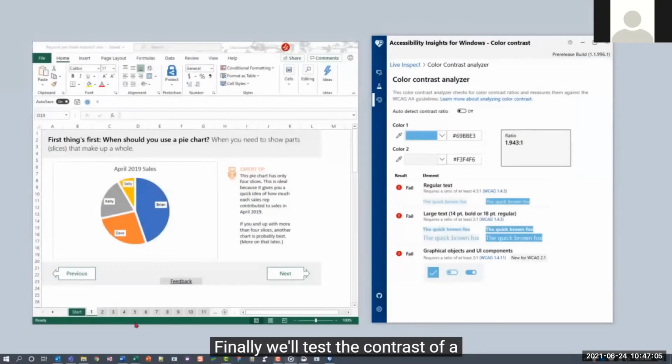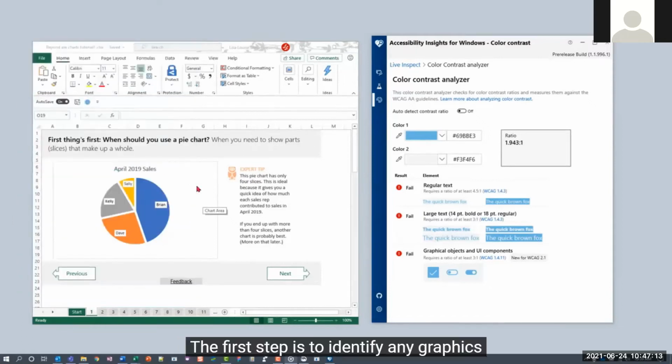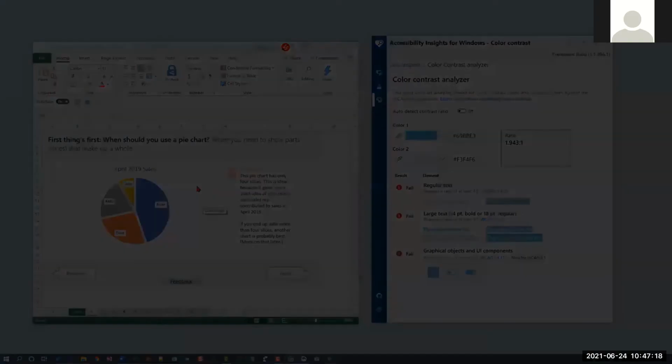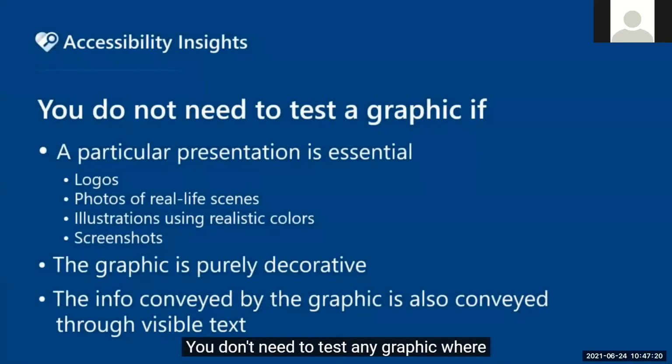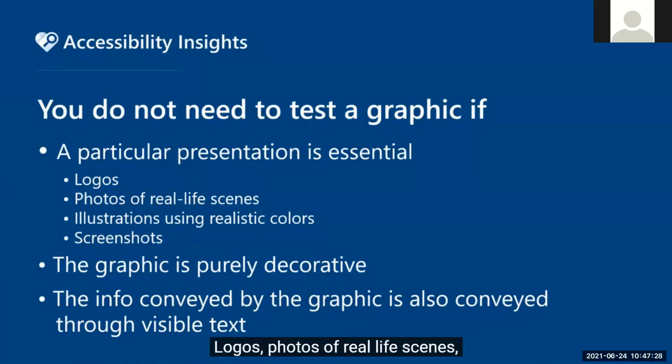Finally, we'll test the contrast of a graphical object in this Excel spreadsheet. Graphics include icons, charts, diagrams, and illustrations. The first step is to identify any graphics that might have low contrast elements. You don't need to test any graphic where a particular presentation is essential and presenting it with sufficient contrast would undermine its meaning. Logos, photos of real-life scenes, illustrations using realistic colors, and screenshots are all exempt from the contrast